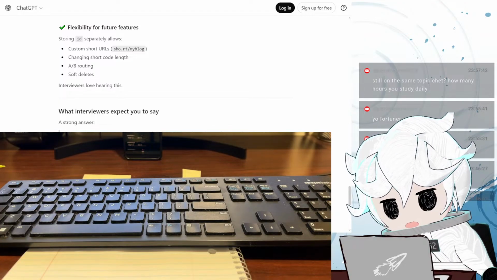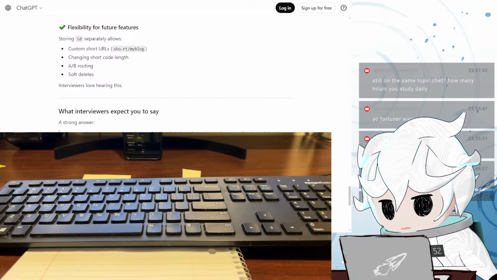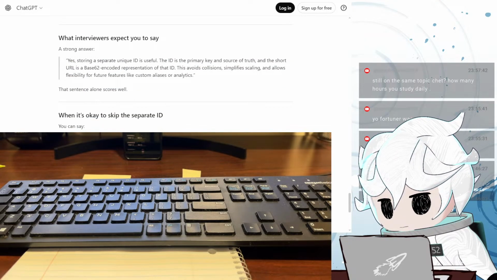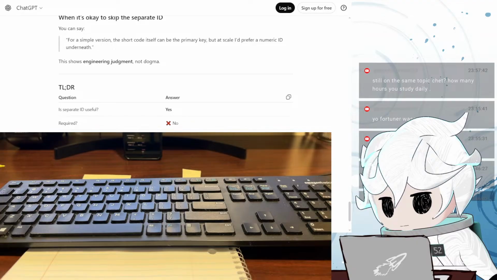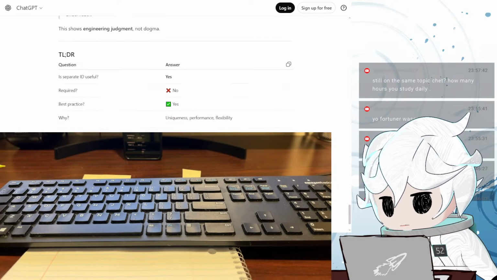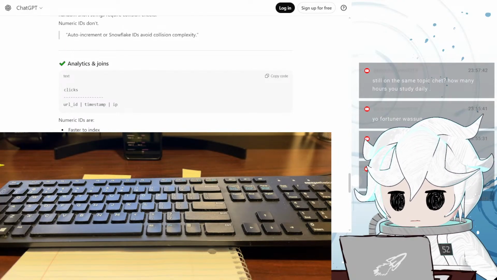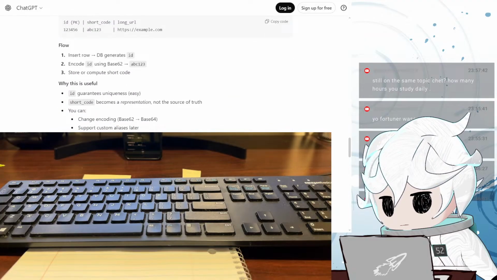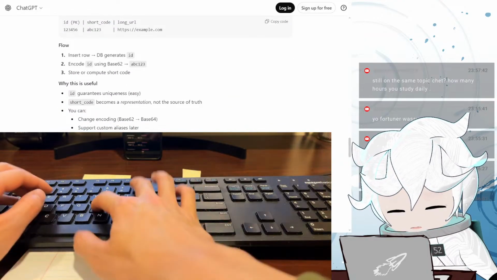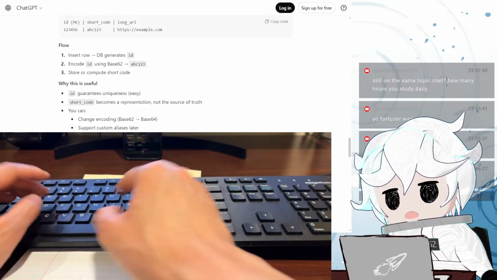But you're supposed to avoid collisions with your short URL, right? Okay, why do we need to guarantee uniqueness?